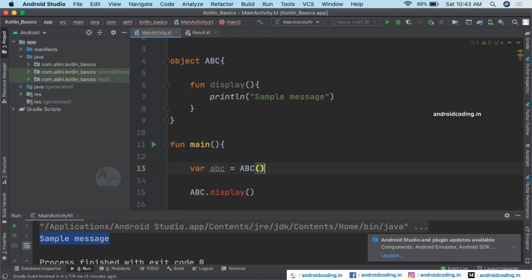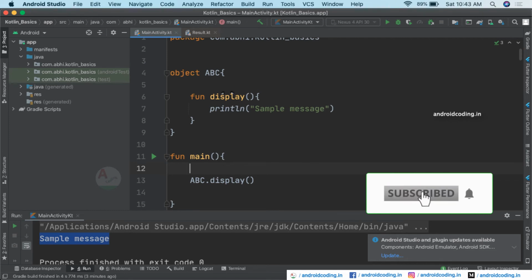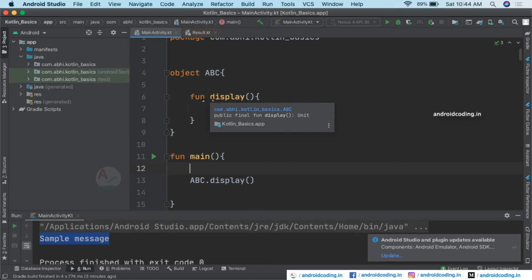So we'll try to avoid the unwanted usages of resources by restricting it to a single object creation with the help of an object keyword in Kotlin and with the help of a singleton concept in Java. So the main usages are like when you are trying to make a network call and when you are trying to fetch the data from your databases. So you can make use of this singleton concept or object keyword over there just to restrict the unwanted or multiple object creation. So I think you understood what is the importance of object keyword in Kotlin by this example.